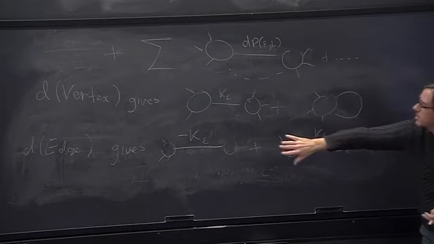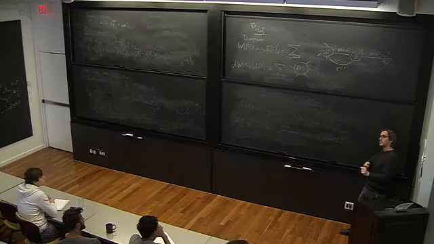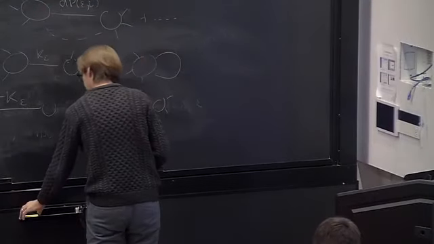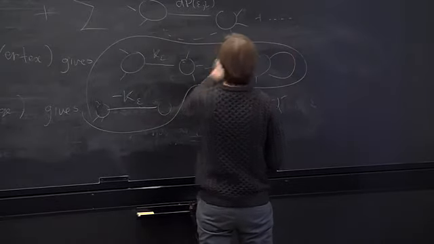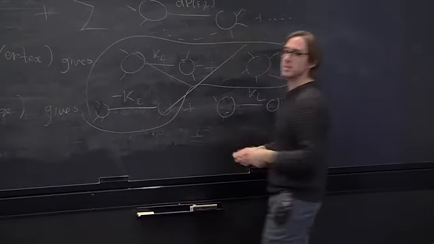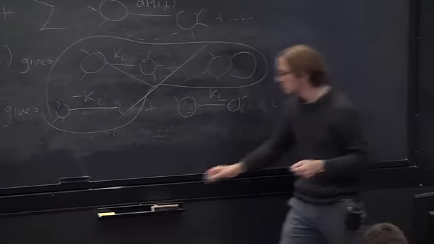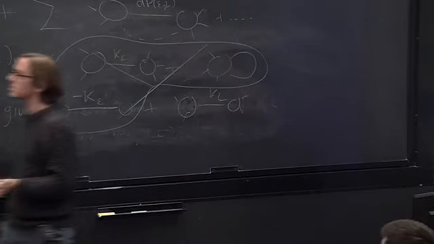Whereas for this one, it's two sums: a sum over graphs with a special edge on which I place K epsilon, and a sum over graphs with a special edge on which I place KL. So these just cancel with each other because they appear with different signs. And we're left with